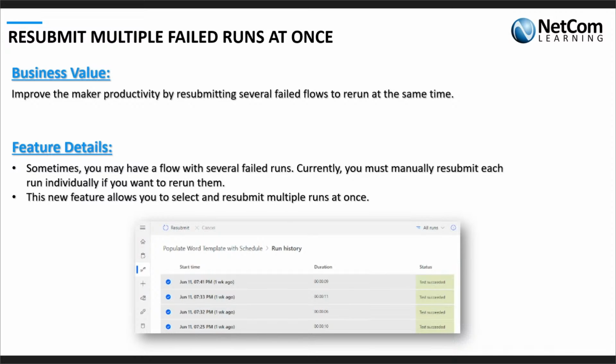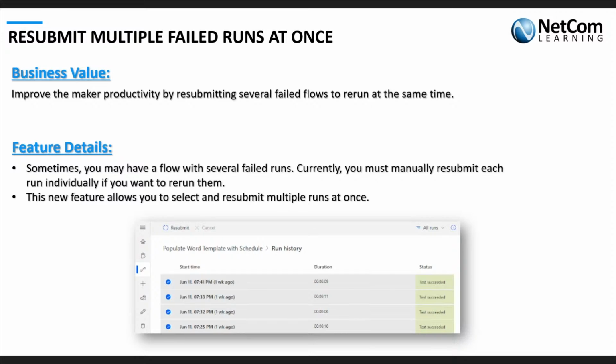Now, in a traditional world, you would go ahead and run all of these instances individually. You could select a specific instance of the execution of your Power Automate flow which has failed and resubmit it. But again, as long as there's just one or two instances of that, that is okay. But how about if you have like 30, 40 odd different failed instances of your execution of your Power Automate flow? It could get very tedious.